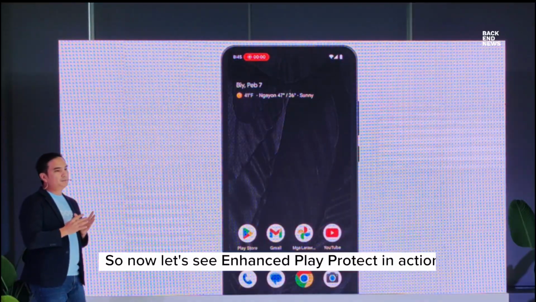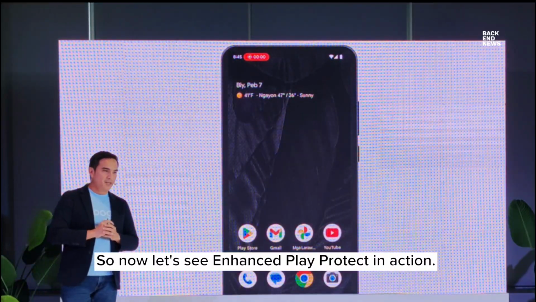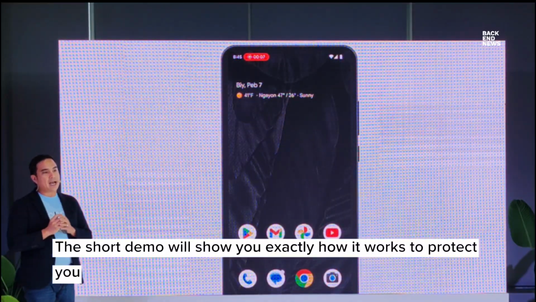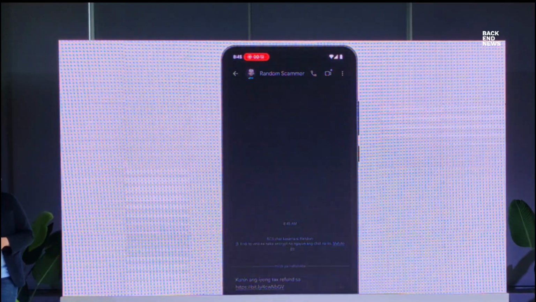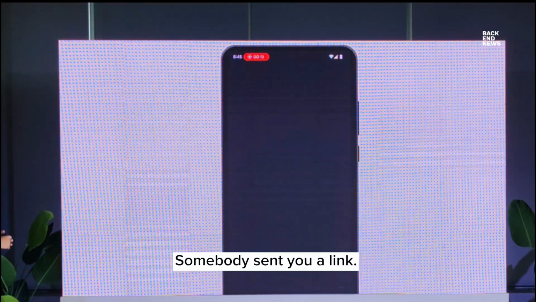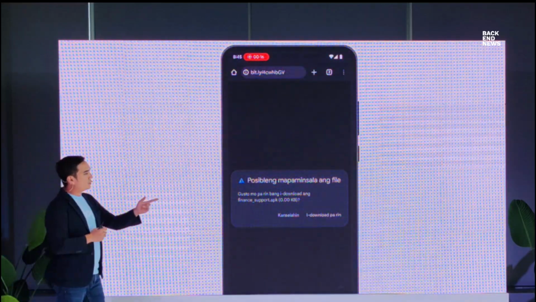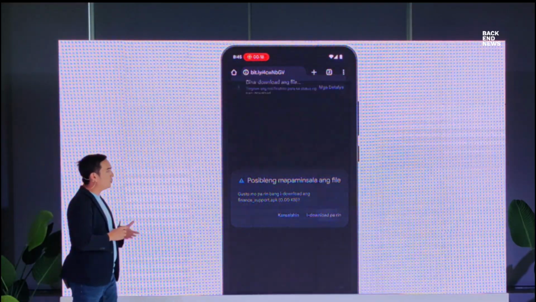So now let's see Enhanced Play Protect in action. This short demo will show you exactly how it works to protect you automatically. So let's watch this. Somebody sends you a link, tells you to download an APK, and so you're like,